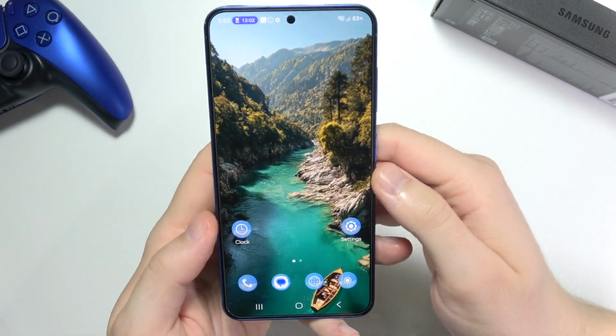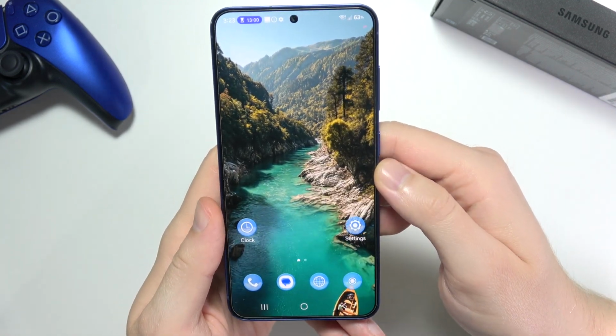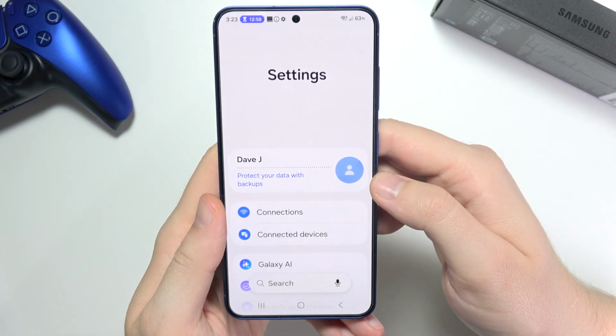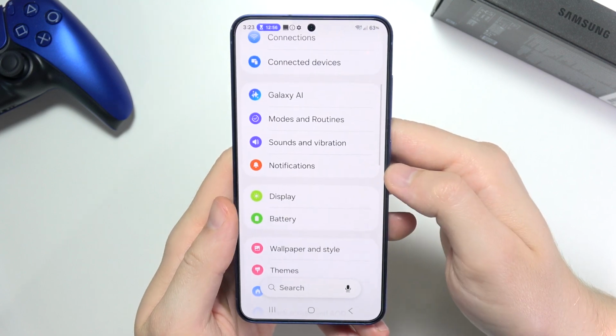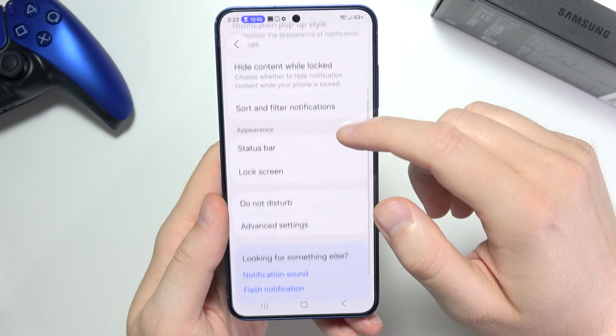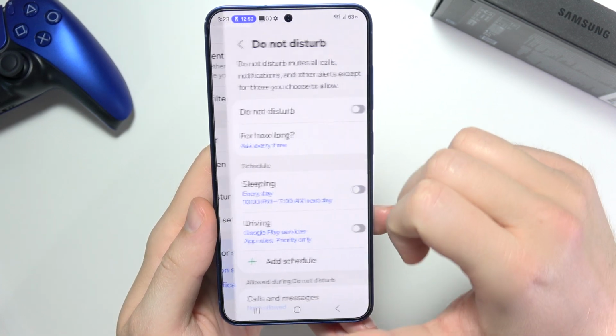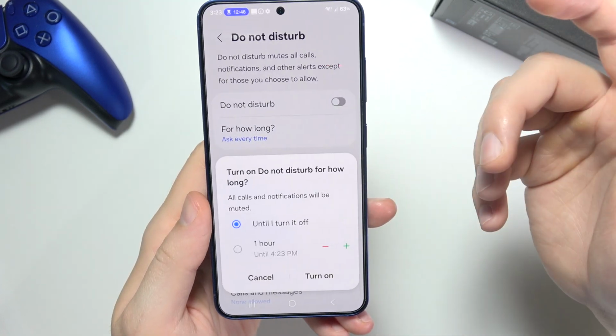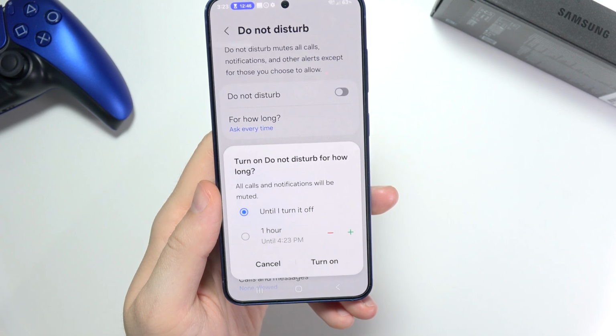If you want to turn on or off Do Not Disturb mode on the Samsung Galaxy S26, first of all, you will have to open the settings and navigate into the notifications settings. Next, the Do Not Disturb mode will be available at the bottom of the list. And now, of course, to turn it on and off, you have to click on this switcher,